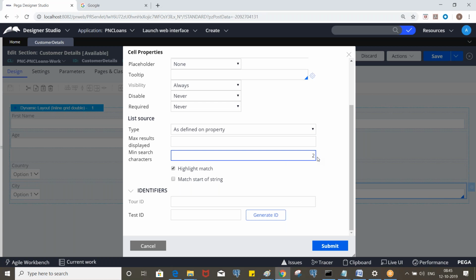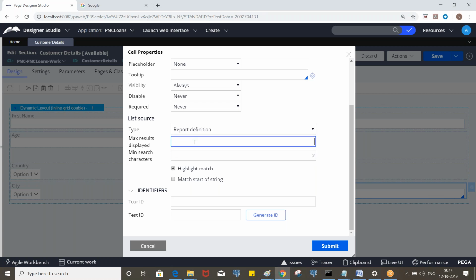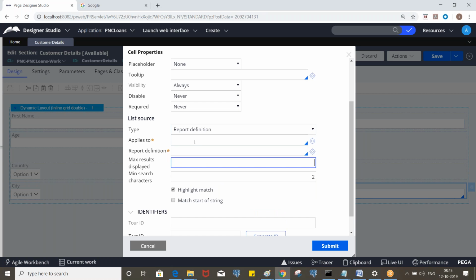If you put 3, if it matches the first 3 characters, it will display like that. The remaining is the same as drop down. You can use some source, let's say report definition, and pass the employee ID to the report definition, and it will fetch the corresponding values.